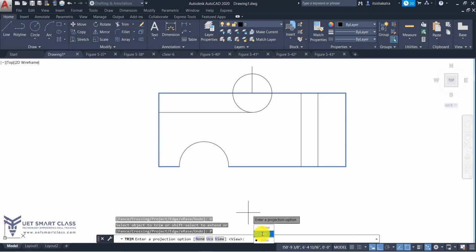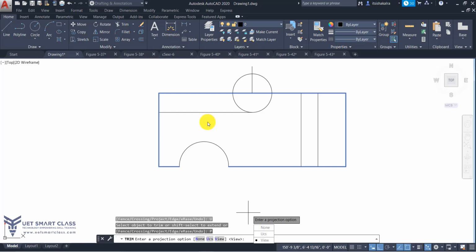The UCS option is to project the objects in the XY plane of the current UCS. So currently this is the UCS, so it will show the same thing. But when I change my UCS, it will also project the different UCS options as well. Okay. This is basically majorly used when I'm using 3D, because in 3D I have to change my UCS. I have dynamic here.